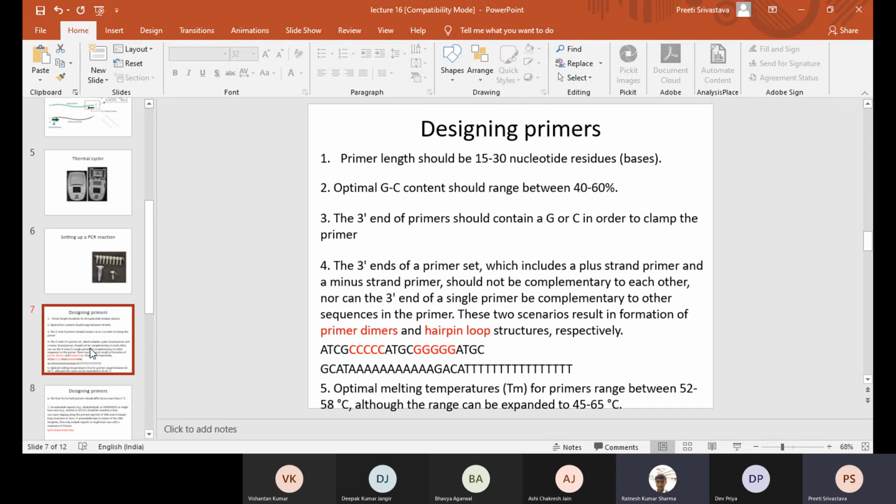Okay, ma'am. If we don't know the sequence at first, then only the bacteria can amplify a fragment? If we do not know the sequence, how will you amplify? For bacteria, you can amplify 16S ribosomal RNA, but okay, I got your point. I'll explain it to you in a second.